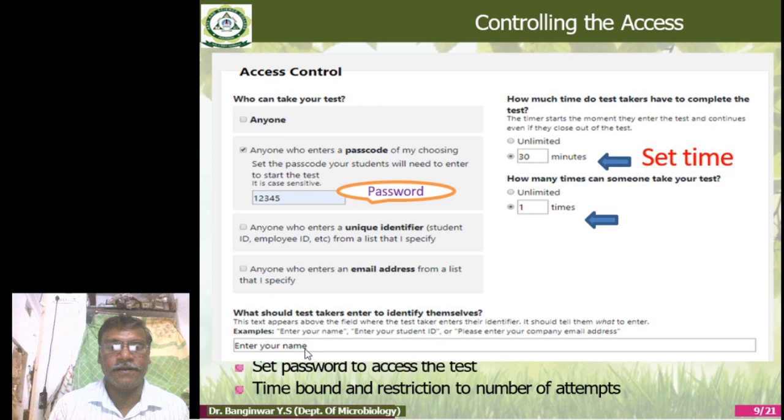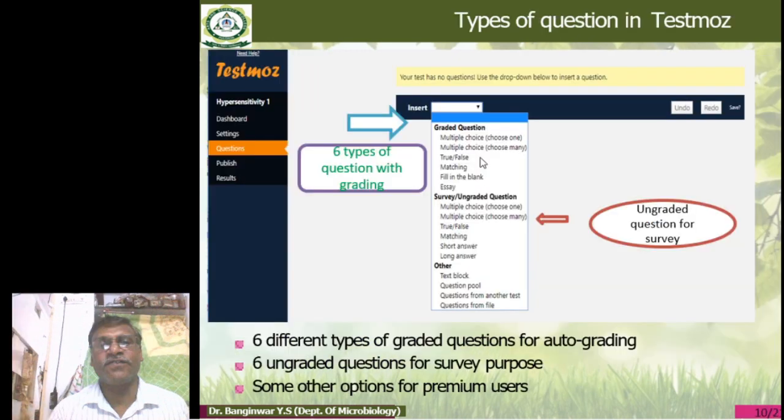So next one, that is the question. Now here in the drop box of the insert, there are three sections of questions: graded questions, ungraded questions. 6 types of questions with grading, and 6 types of questions that are ungraded, okay. So this is generally used for surveys.